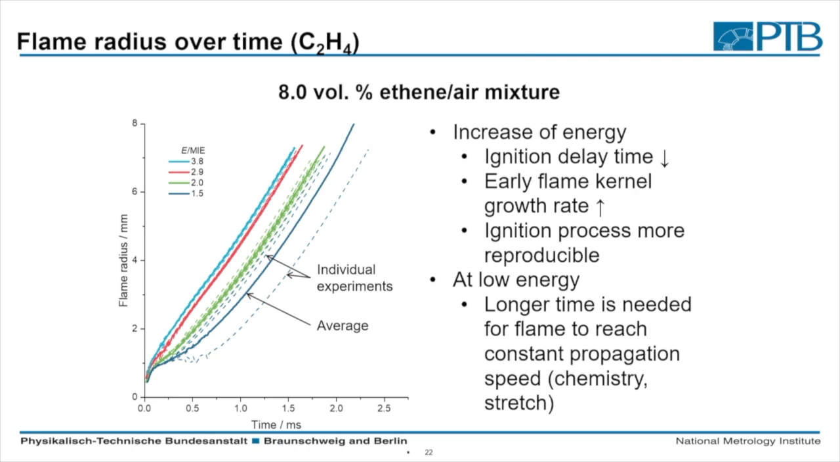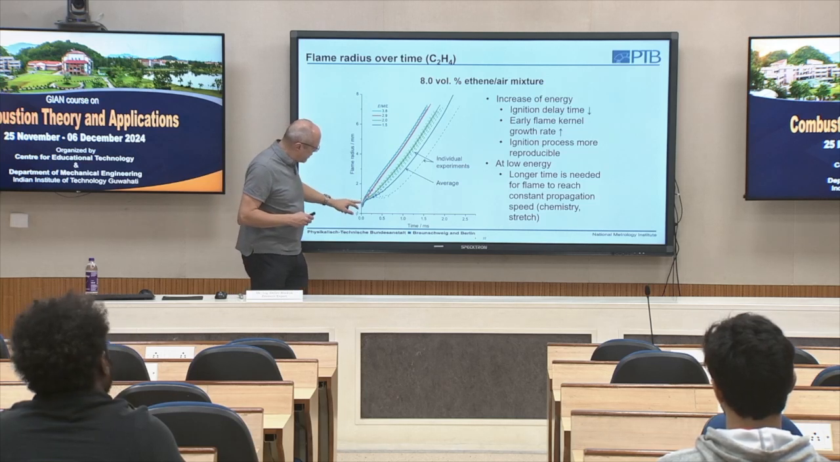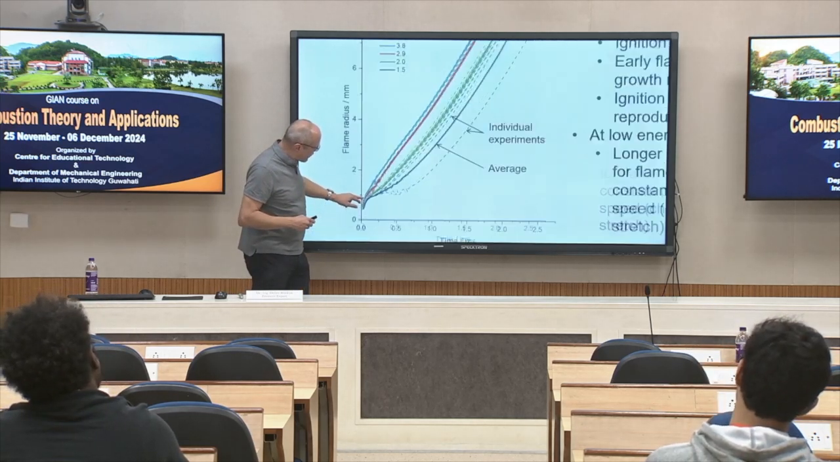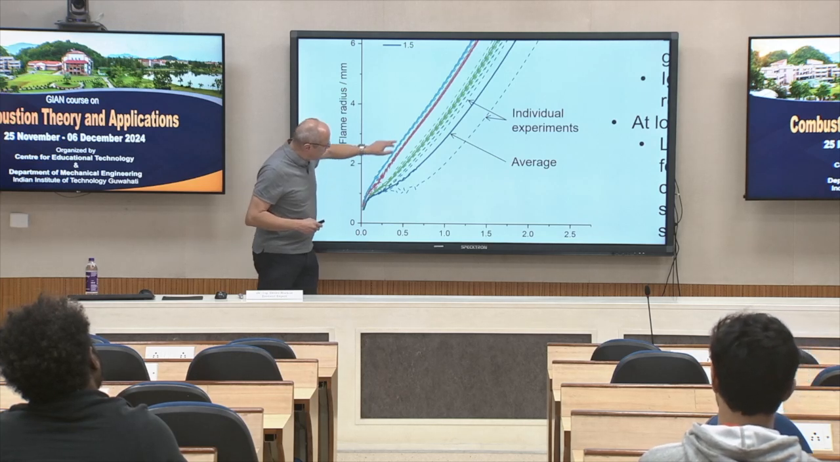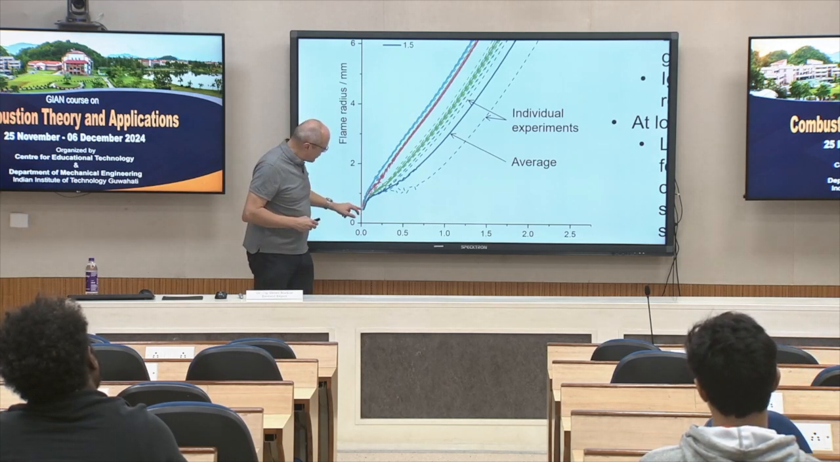If we reduce the energy to 2.9 times the minimum ignition energy, it also looks quite good. But I already had an ignition energy of 2 times the MIE. We can see there's not this classical heating up of the initial volume and then subsequent flame propagation. So here with the green